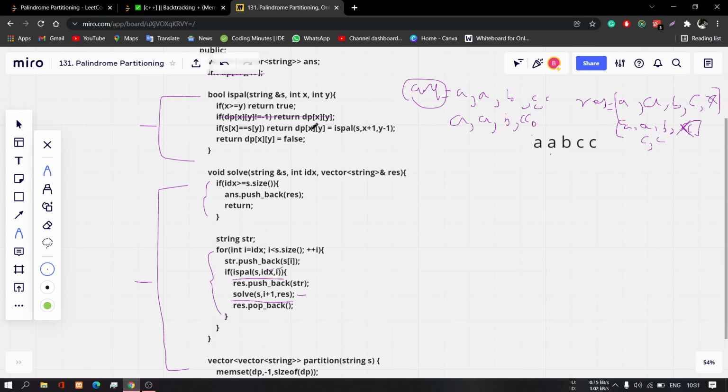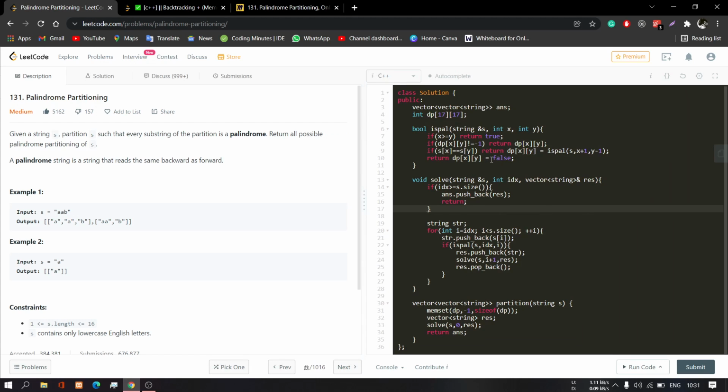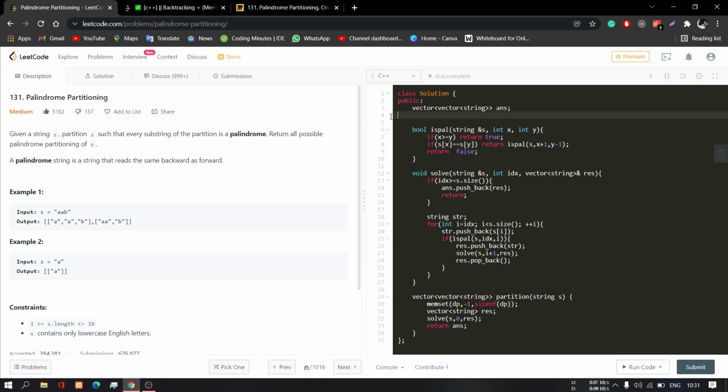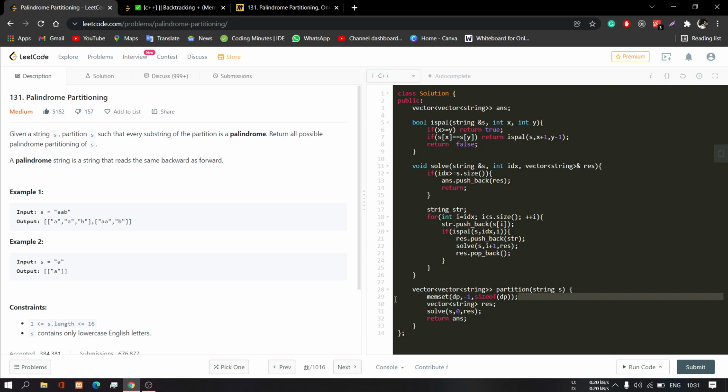Okay, so I have taken it, but if you do not write this part and do not take this DP, it absolutely works fine. It will not give you a TLE. Okay, so if I show you by removing all the DP code, then also it will give us all clear. So let me remove all the DP part. Okay, I think I have removed all.